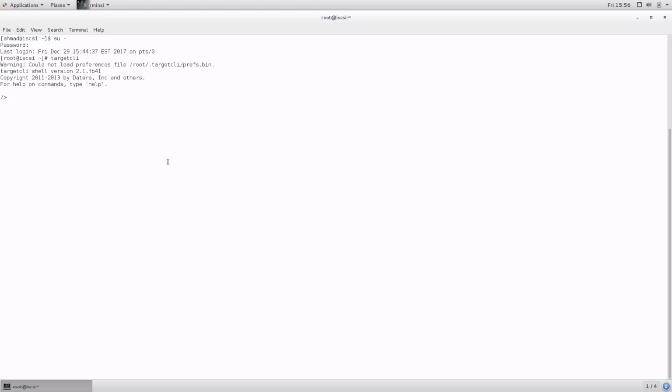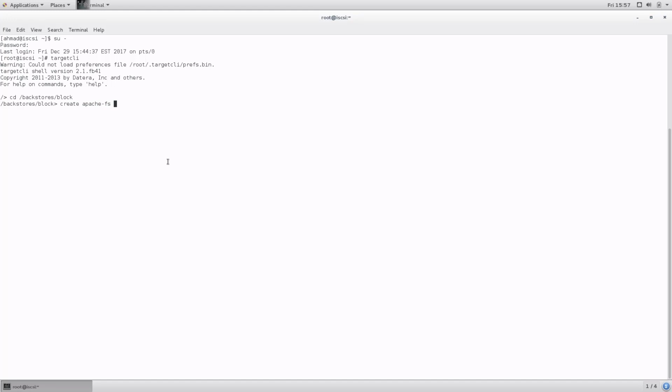The targetcli is the interactive prompt of iSCSI that allows you to create the necessary targets on the system. So let's go to /backstores/block. Remember, we are inside the iSCSI interactive prompt, so this is not the normal shell, and the commands that we are going to run here are specific to the iSCSI prompt. So I'm going to create the first file system of the first logical volume that I have created. It's going to be called